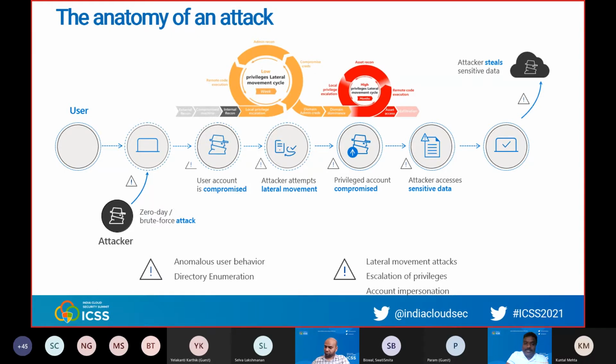of internal recon. So from external recon, they compromise the unprivileged user account, and now they have started the internal recon. Within the internal recon, they will try to understand what kind of machines and groups are there in the environment, and during the lateral movement, the attacker begins to compromise other systems on the network. And by increasing the number of compromised systems, the attacker slowly moves from non-privileged access to other privileged